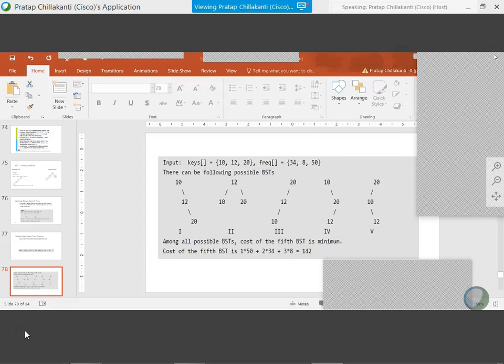Yeah, the answer is yes, correct. But why do you think that is yes? What is the rationale? Sri Prakash, you are also welcome to answer that.